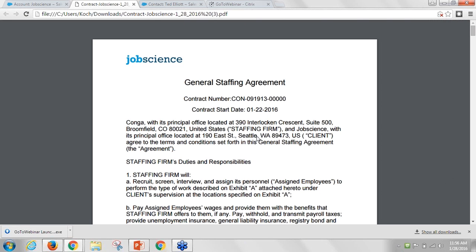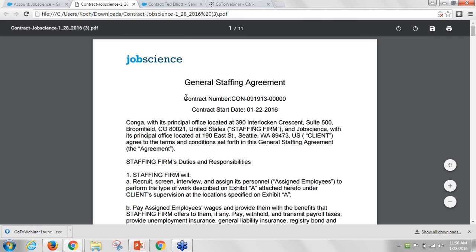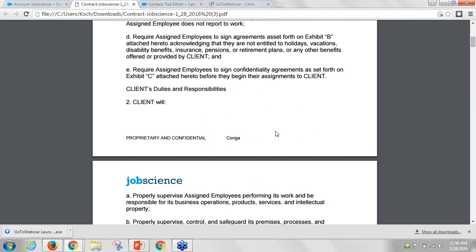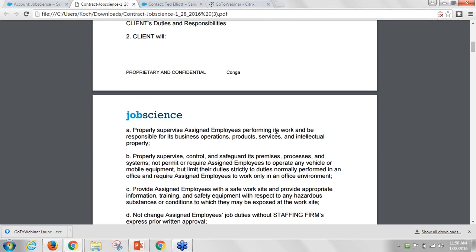We built this in Microsoft Word, then converted it, but it's showing some information about the contract, about the start date. It's putting in information about us. This is merging from Salesforce, from JobScience, that information, and populating that template. You'll see that it's also branded, so all of these templates have got a header with a consistent logo attached and a consistent footer as well. Another benefit just from that branding piece.